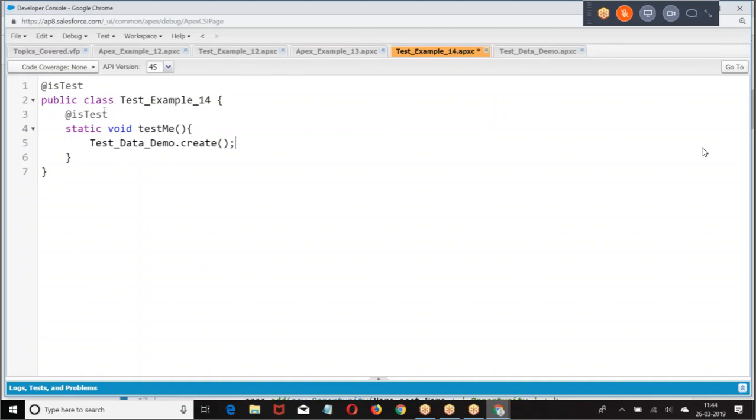Then we will create a sample class. Every time, instead of creating a test setup, if you have a test class like that, we can call that class. We call the class with a method, and what will happen? That method will create sample data. Are you getting my point?